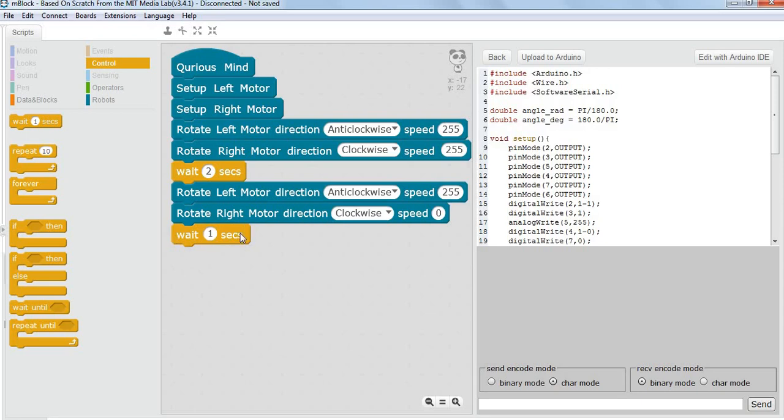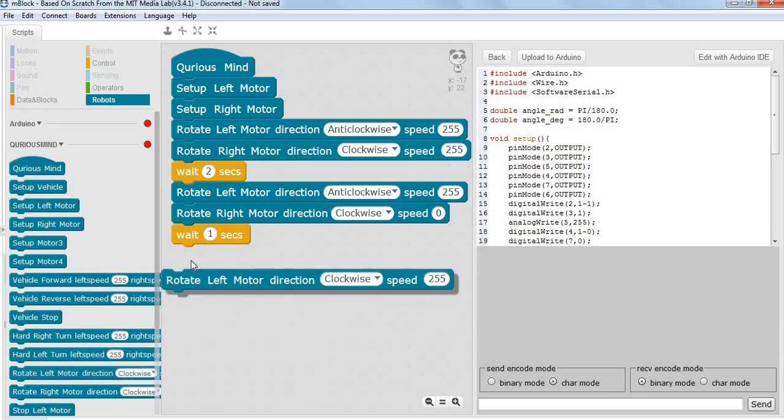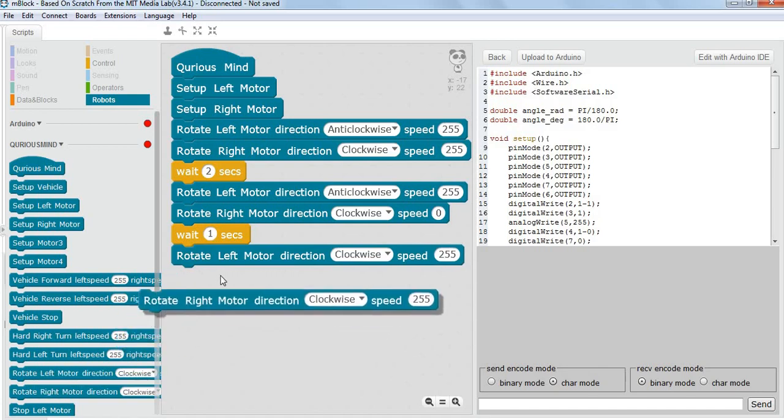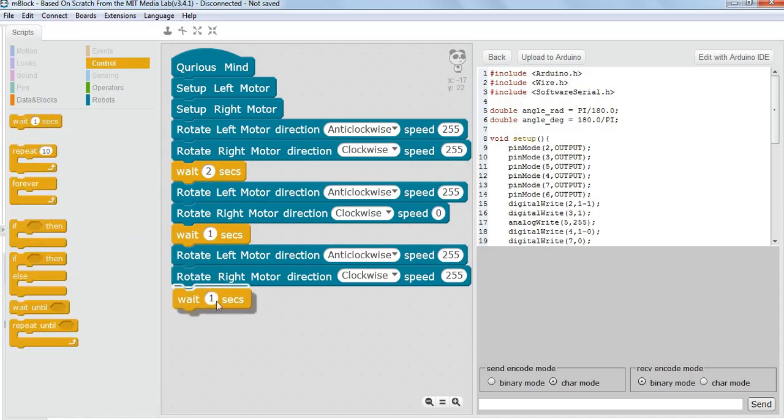This is an assumption. We will have to see whether that is correct, or we have to adjust this wait time based on what we see on the ground. Now it has taken the complete turn and it needs to go forward. So again, it will be left motor, right motor, left motor anti-clockwise for forward, both at the same speed. From A to B, it took 2 seconds to reach. So from B to A, again it will take 2 seconds. Same distance, same speed, so same time.